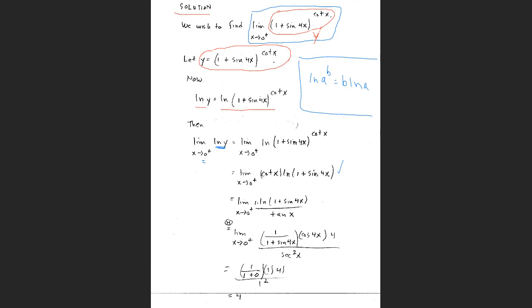But again, I need a function f divided by a function g. Well, it turns out we can get that quite easily because the cotangent of x is defined as 1 over the tangent of x. And so this limit can be written as the limit of the log of 1 plus the sine of 4x